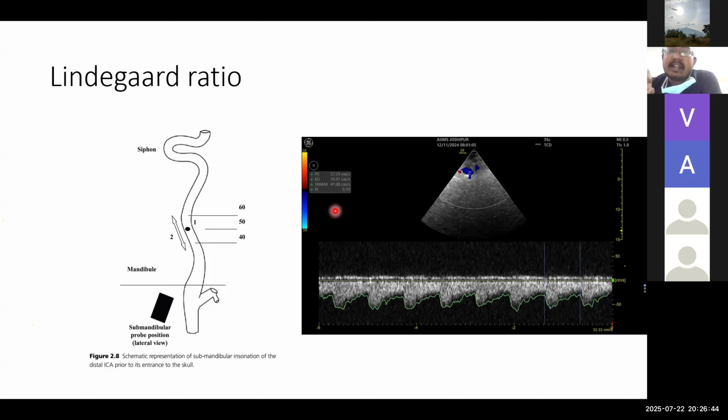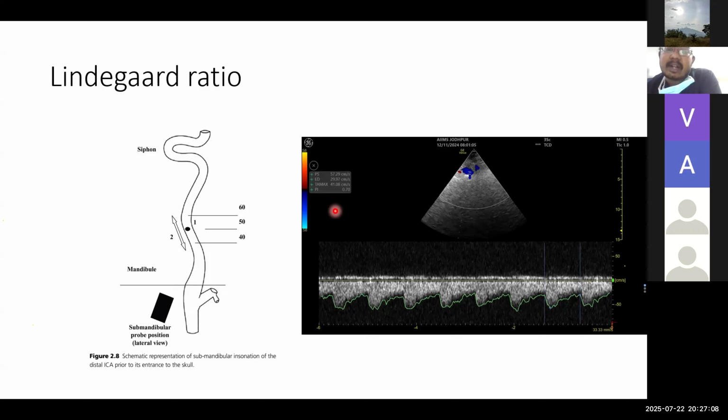It is said that if you have not done angle correction in one method, it's better you don't do angle correction in the other method. So that is why it is important for us to use a phased array probe and insonate the submandibular window, so that we don't do angle correction in the measurement of